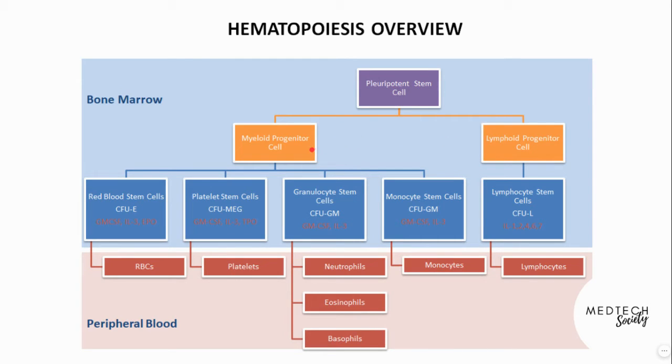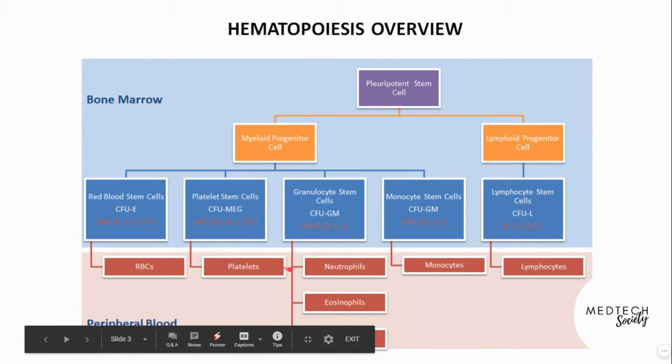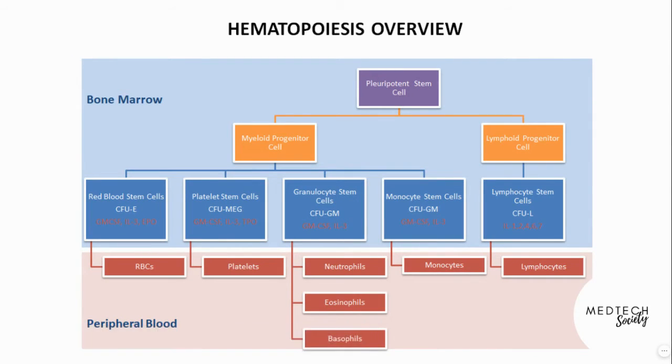So, in the myeloid line, ang cells na generate ng myeloid line is the RBC, the platelet, the neutrophil, the eosinophil, and the basophil. And plus the monocytes. Sa lymphoid line naman, it's the lymphocytes. Now, what's important in this one is for you to remember kung saan nag-originate ang mga blood cells. It's in the myeloid line or if it's in the lymphoid line.